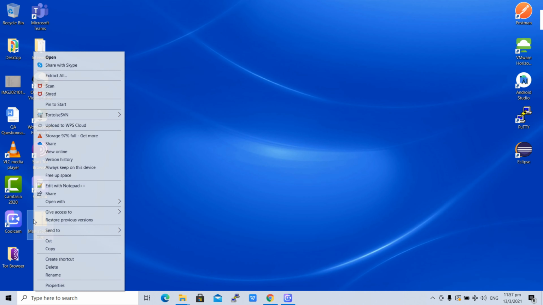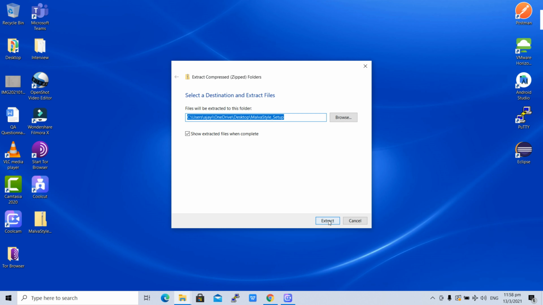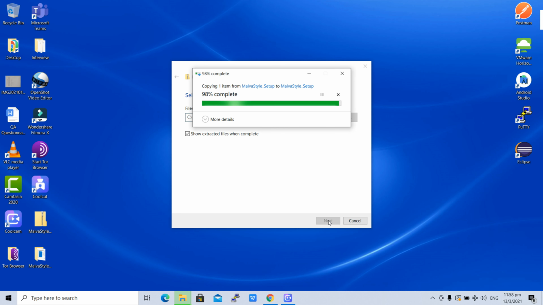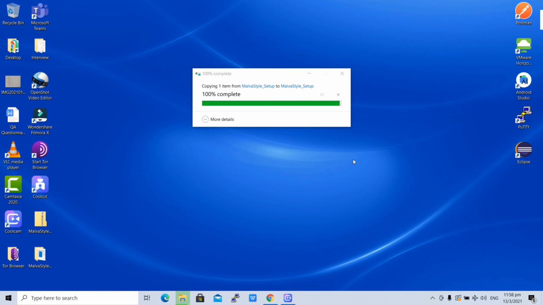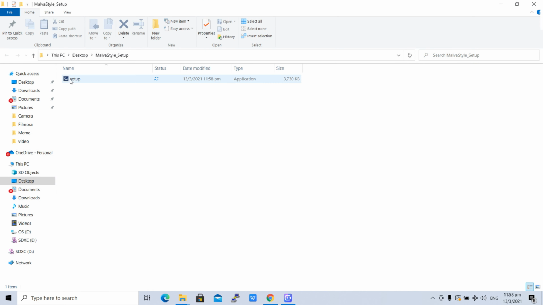Open this one and extract here. Now it is extracted. Okay, setup. Just install this one.